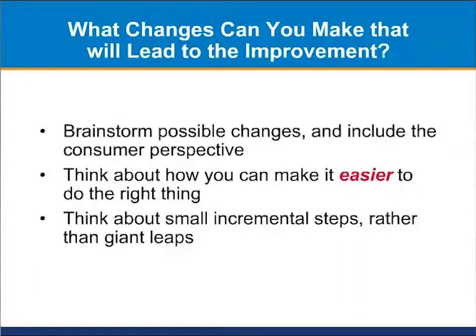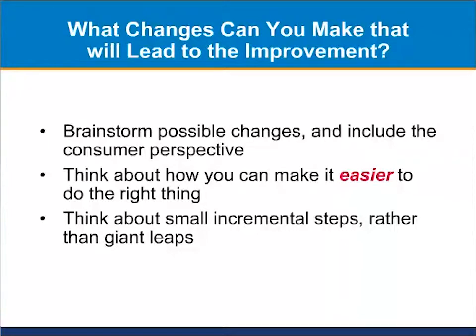Include all perspectives if you can, all of the stakeholders, including consumers. You don't judge any of the possible suggestions. And as a group, after everybody's run out of ideas, you can go through and evaluate and decide which ones you think might actually lead to an improvement,